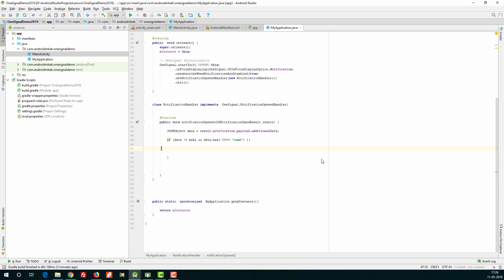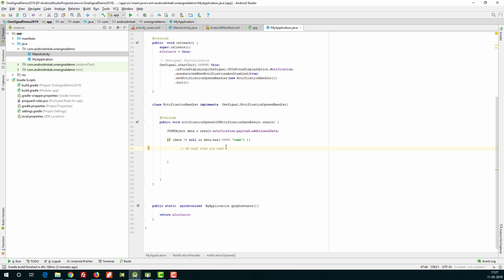So what we are doing here is giving a condition to check whether the data is not equal to null. Whatever data is coming into this JSON object should not be null, and if it has a key with the name, in this condition we have to tell the app what to do. Whatever you want to do, you can perform here. You can give the function here, do whatever you want.